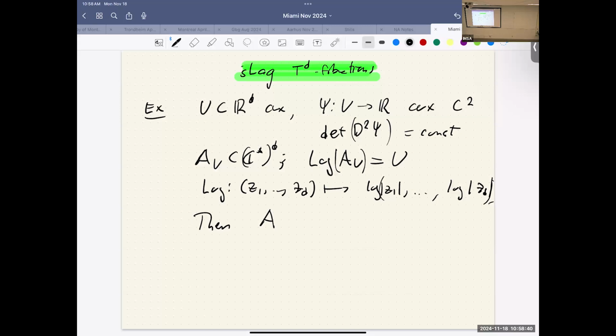Say you open. U is open, yes. A_U also. Then you're going to say take the full image. Sorry, is A_U always the full inverse image? Yep, A_U, I always take the full image. Then this map, A_U has a natural Calabi-Yau structure. And I'm not going to write down exactly what it is. I'm just going to say it works. So on A_U, we get the holomorphic volume form from here, and this solution psi here defines a Kähler metric on A_U, a torus-invariant Kähler metric on A_U,